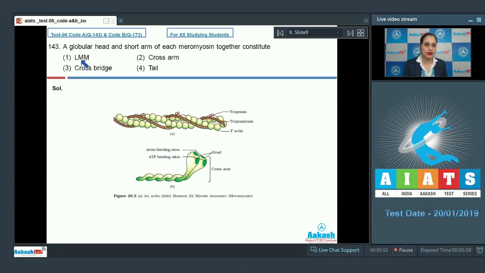Question number 143. A globular head and short arm of each myromycin together constitute LMM, cross arm, cross bridge and tail. And the correct answer to this question is option number 2, that is cross arm. As you can see here, this globular head along with the short arm constitute cross arm, and this cross arm is also known as heavy myromycin or HMM, and this is the tail part